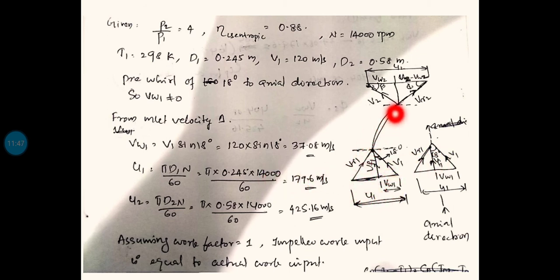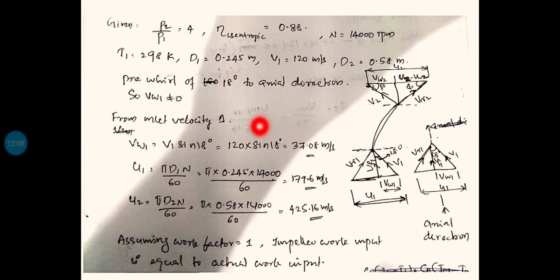Now moving on to the outlet velocity triangle, as usual, this is V2, this is VR2, this is beta, this is phi, and this much quantity is VF2. And this is VW2, and the entire quantity closing between V2 and VR2 is U2, and this is U2 minus VW2. All are known to you, you already know how to construct the velocity triangles, same as that of the centrifugal pump.